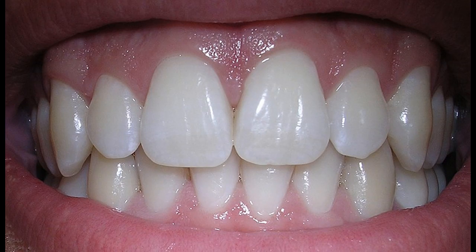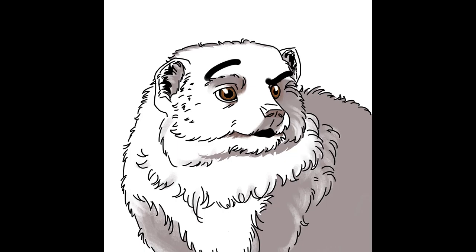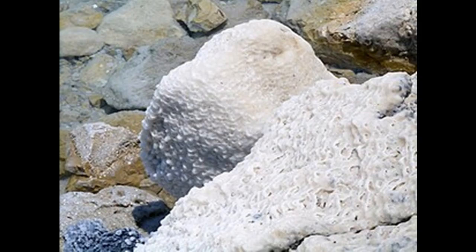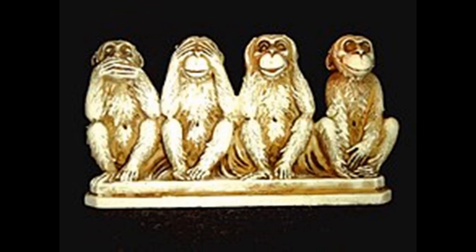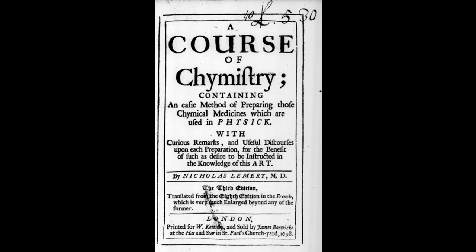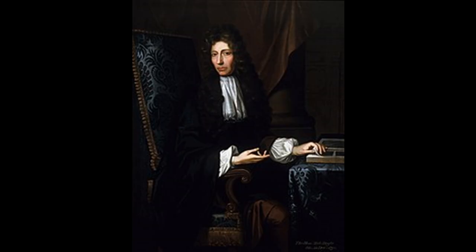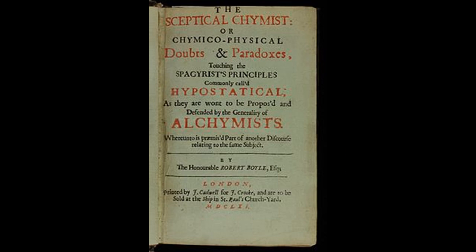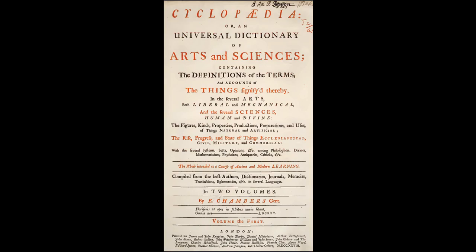Acid is sour, base is bitter. Sour opposes bitter. Sour plus bitter makes salty. It is said by some that the first theory of acids was proposed by Nicholas Lemery, 1645 to 1715, in his A Course in Chemistry, 1657. Robert Boyle, 1627-1691, seems to accept the principle of acids in his The Skeptical Chemist, 1661, and Chambers' Cyclopedia, 1728, gives clear